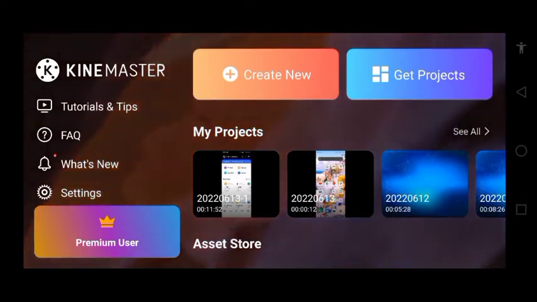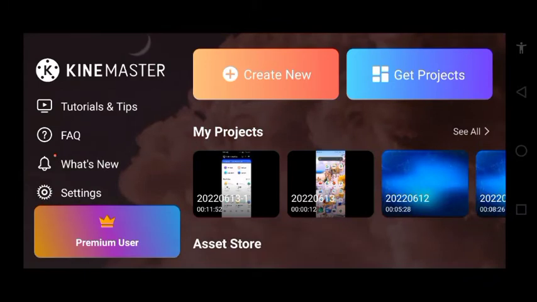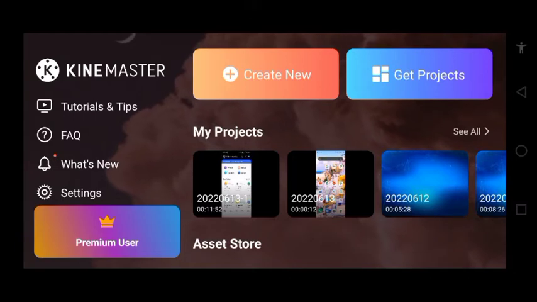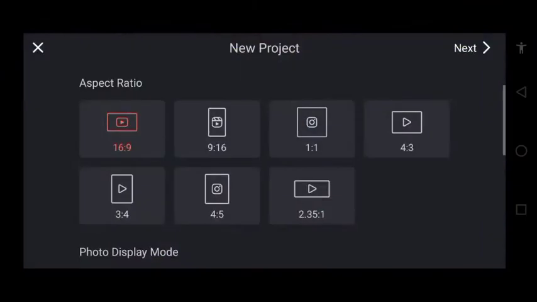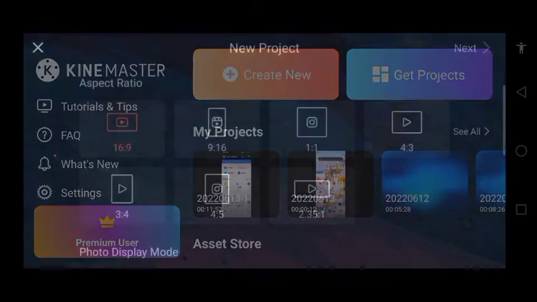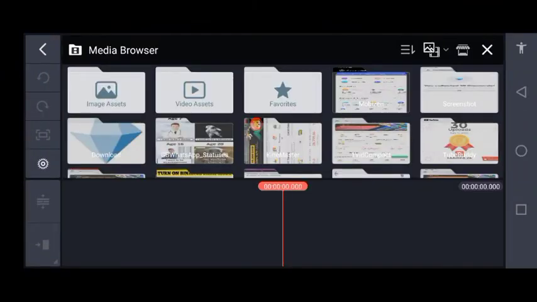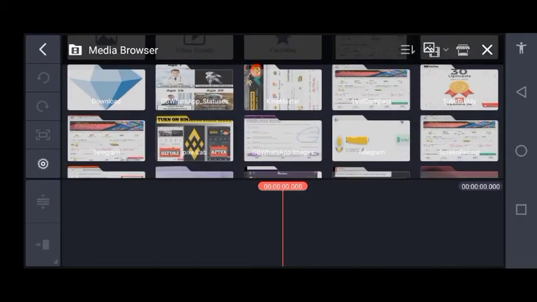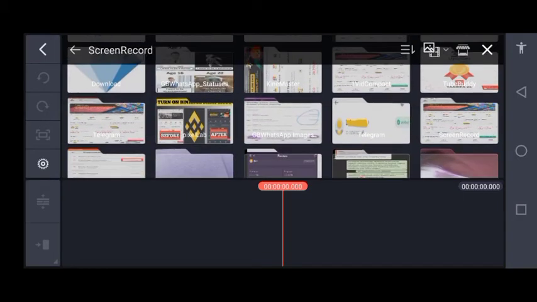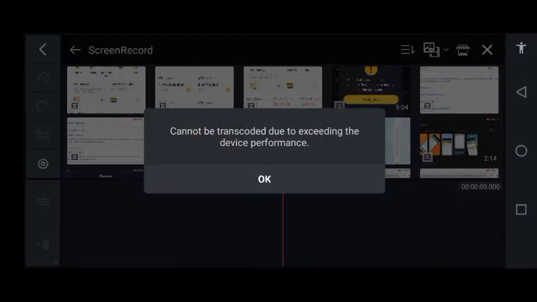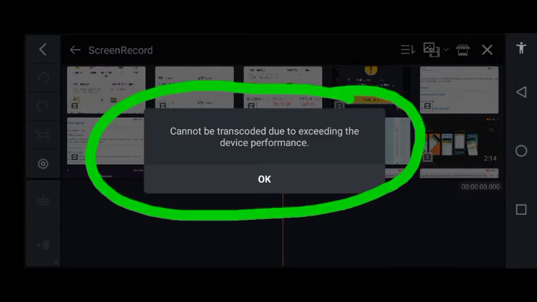So guys, you can see over here I will try to edit some of my video that I recorded. So I'm going to click on create new, and then next, then I choose the video that I want to edit. As you can see here, I just choose this video, and KineMaster keeps sending me the message